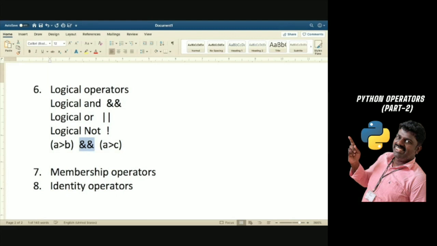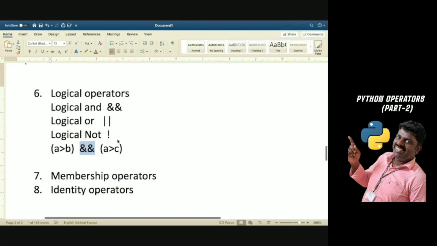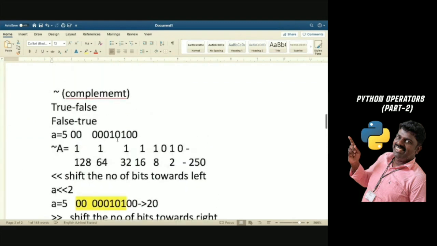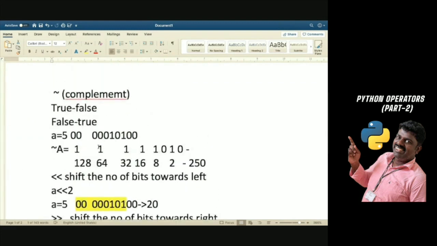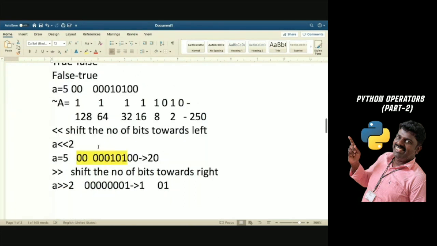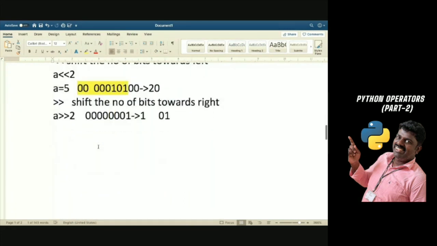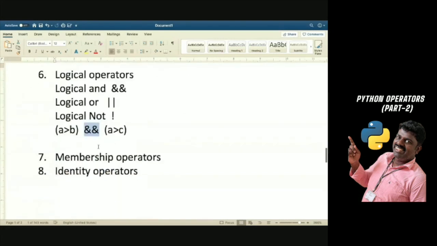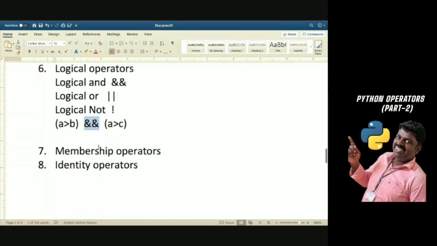So when we are going to compare two simple conditions, that is the time we have to use this logical operator. But in the previous thing, we were using two variables with and or, and it returns an integer value, converting it into an integer. But in a logical operator, it is going to return either true or false, because it is going to compare.